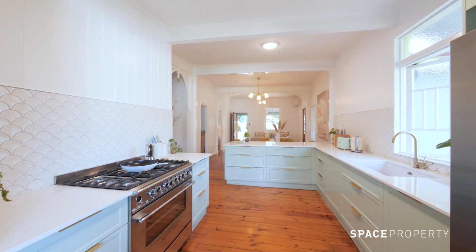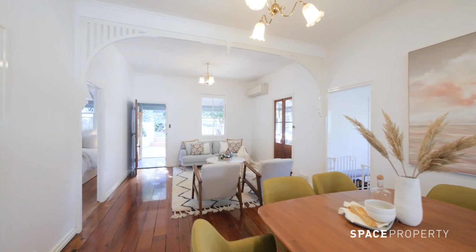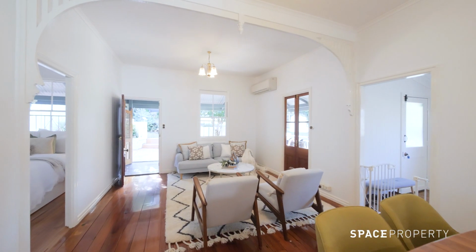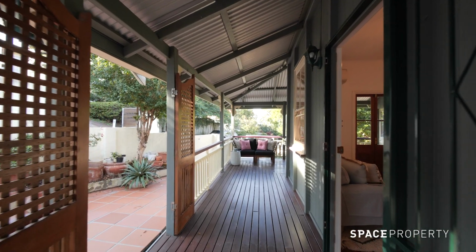This is the perfect Paddington cottage. It's recently undergone some renovations, seamlessly blending its character features with contemporary spaces. For those who like entertaining, it's got a lovely elevated deck at the rear and also a beautiful wraparound veranda